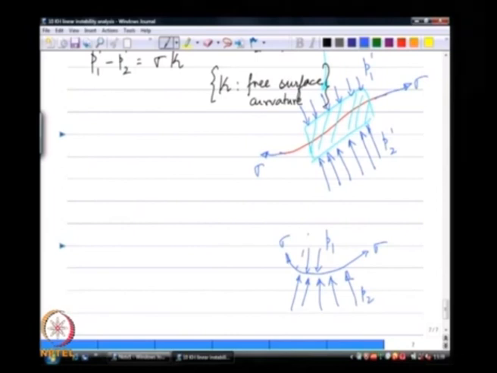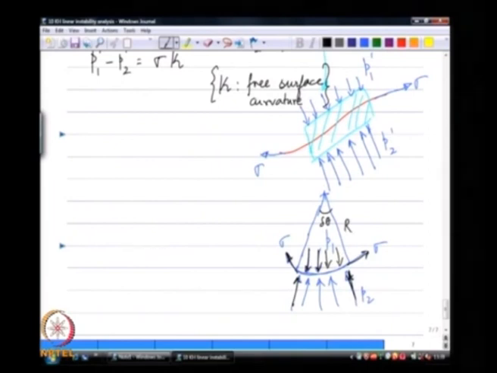So, I am now looking at a little infinitesimal piece of fluid. If I take this infinitesimal piece of fluid and let us say it exerts a small angle delta theta, this infinitesimal piece of fluid exerts a net force at this point in the magnitude